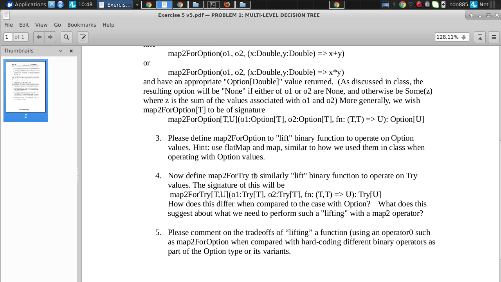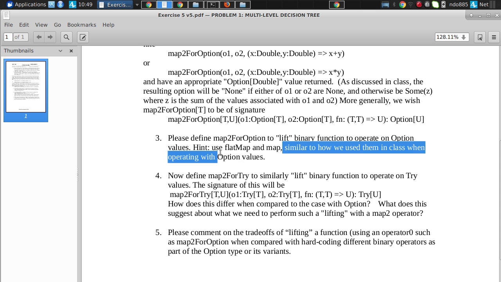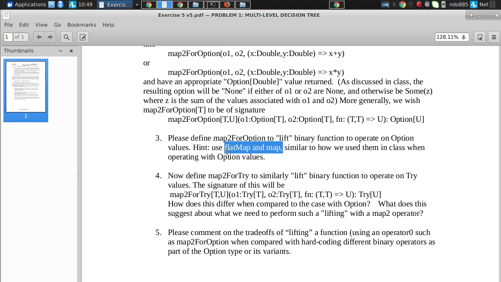How does map2 for try compare to map2 for option? Well, I think the difference is only the difference between try and option. That's right. In the code that you include, is there any difference in the actual body of the code? Change the option to try. I didn't see any, sure, that's for the declaration. Yeah, the actual code to carry it out, which involves flat map and which involves map. No, it's the same and it works. Same. Yeah. So what this is pointing to,